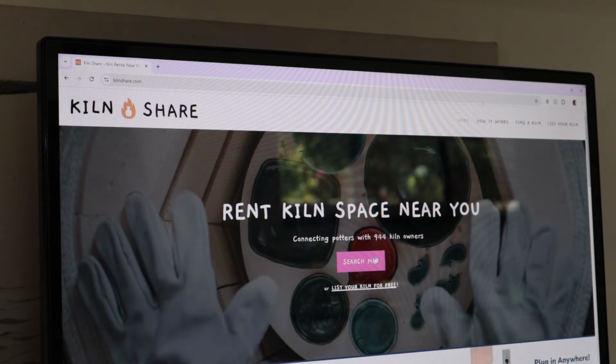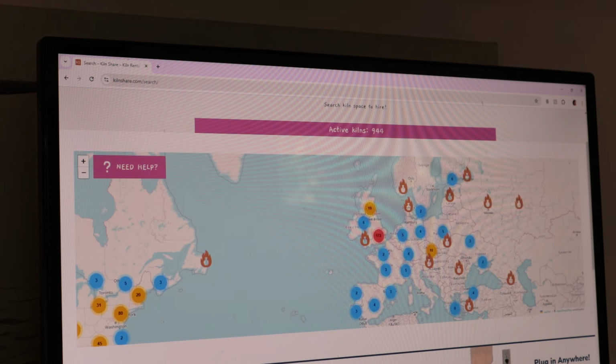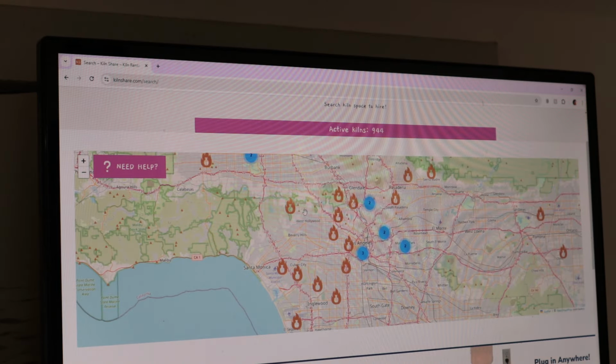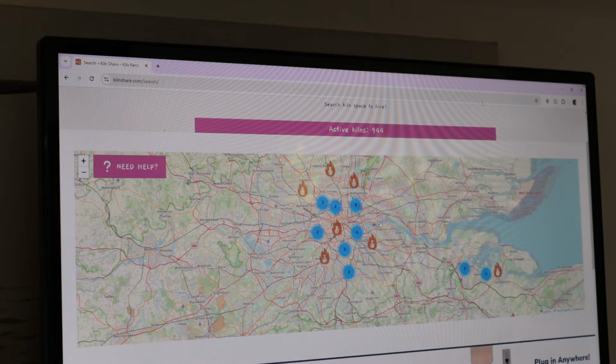A way around this is to find a firing service near you. Often pottery supply stores or studios in the area can offer this, so I suggest just reaching out and seeing if they do offer a firing service. Another great resource is Kilnshare. Anyone can list their firing service on here, and there's already over 900 kiln and firing services available. You just go on the map and go to the area that you're in